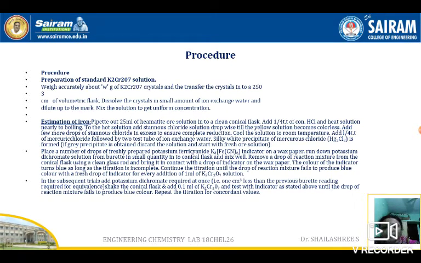Why will it not produce any blue or green color? Because all the ferrous ions are oxidized to ferric when reacting with the potassium dichromate, that is the burette solution. When we titrate the reaction mixture with the potassium dichromate, all the ferrous ions present in the conical flask will be oxidized to ferric form. When no more ferrous ions are there, you will not observe any blue or green color. That is our end point.